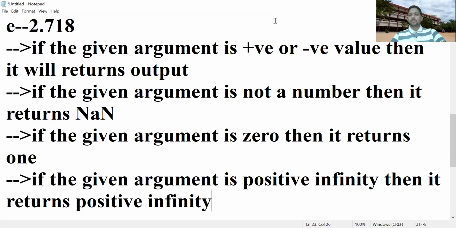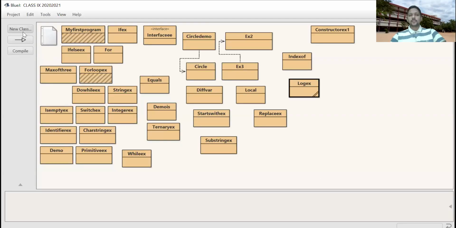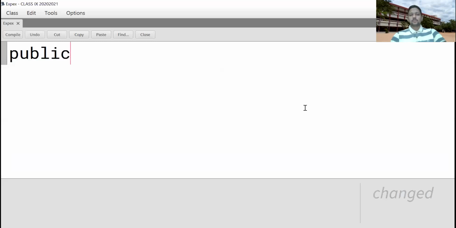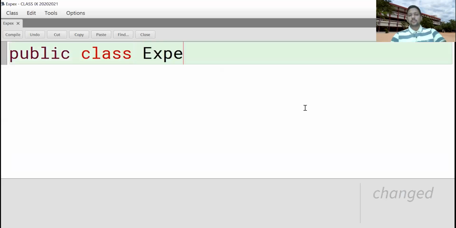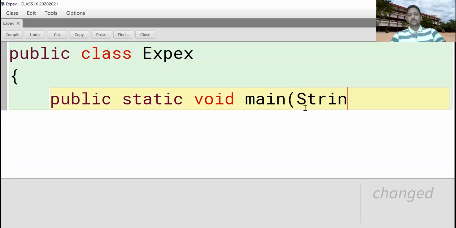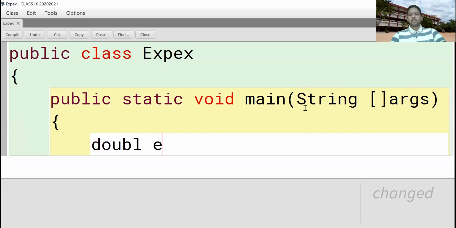So open your BlueJ once, practically I'll execute. So take the new class, EXP example. Public class EXPExample, main method. So take the double value, double A is equal to 1.